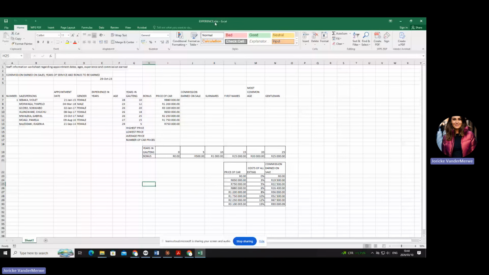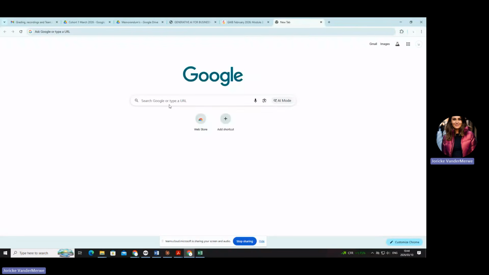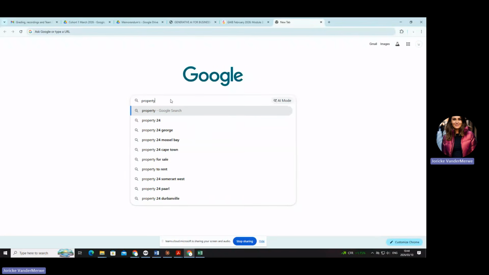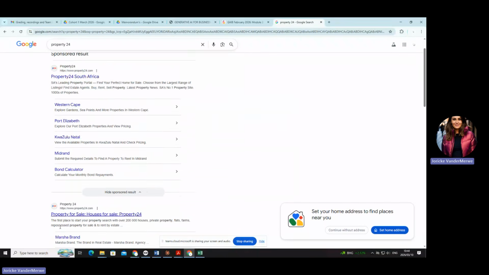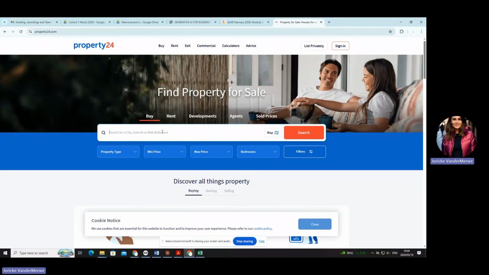Now, before I start to explain pivot tables and pivot charts, let's just get an example of what this might look like. Okay, so I'm going to go to property 24. Okay, and I want to show you something.